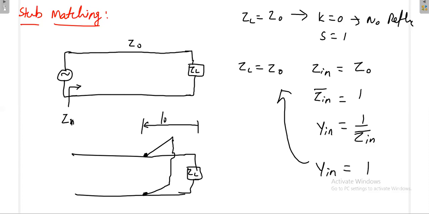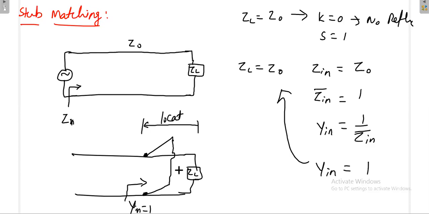What is important? You cannot put the stub anywhere on the transmission line. There is a particular point. If you put it at that particular point, then if you look from this way, you will get yn equal to 1. If yn is equal to 1, the load is getting matched. The load alone is not getting matched; with the load, you now have one more stub. The combination of both load and stub simply acts like a Z0. Then the entire energy will go to the load, finally to ZL.